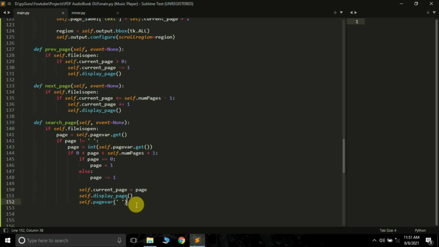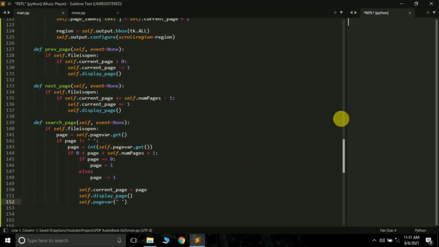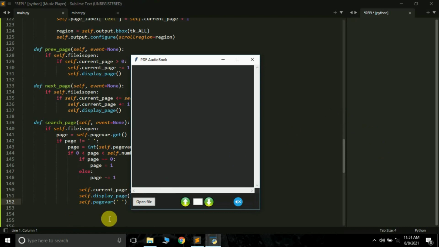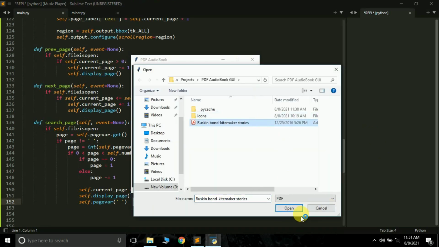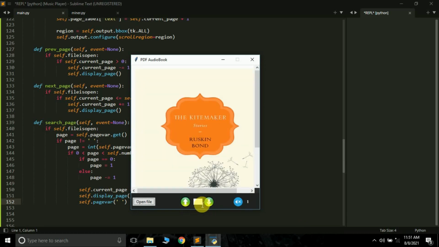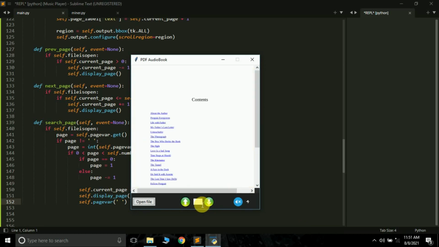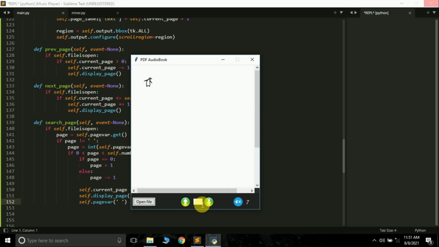In my case it crashes the window, because my system specifications are very low. So let me just run it and show you. This time I should not get any error if everything goes fine. If I open it and press the left and right keys, you can see yes, I'm able to move to the next page.